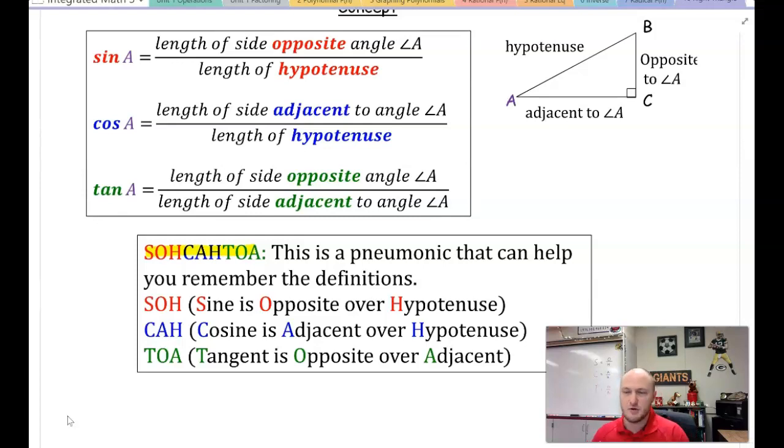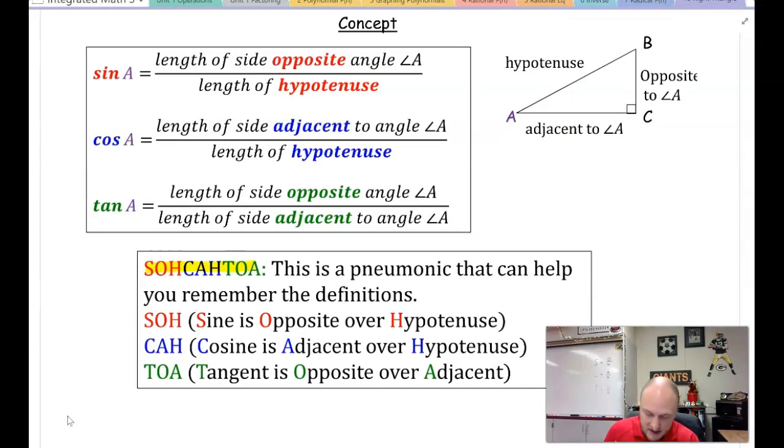SOHCAHTOA. SOHCAHTOA is the mnemonic device that can help you remember what sine and cosine and tangent are. I'll go ahead and first introduce you to sine. Sine is the side that's opposite over hypotenuse. So sine of the angle A is equal to the ratio of the side opposite and the side that is